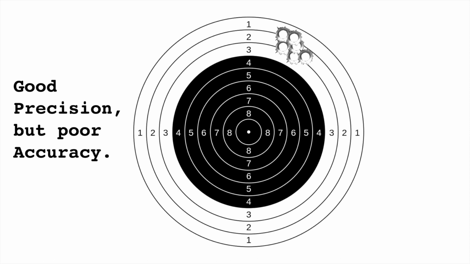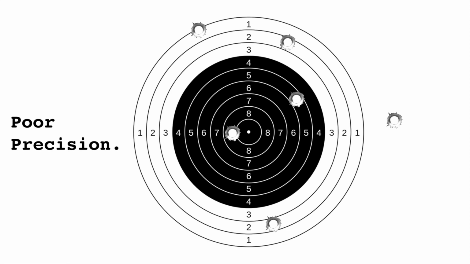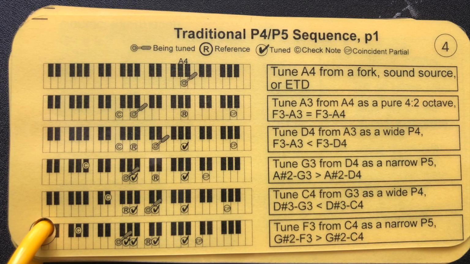So you can have a very precise setting, but if it's not the correct setting, then it's not going to be very helpful. You can have an accurate pitch setting, but if the average is correct, but the spread or precision is bad, then any one setting of the pitch may be incorrect because the spread is so wide, it's not a precise setting. So let's start with the first temperament sequence that is listed in the temperament cards, the